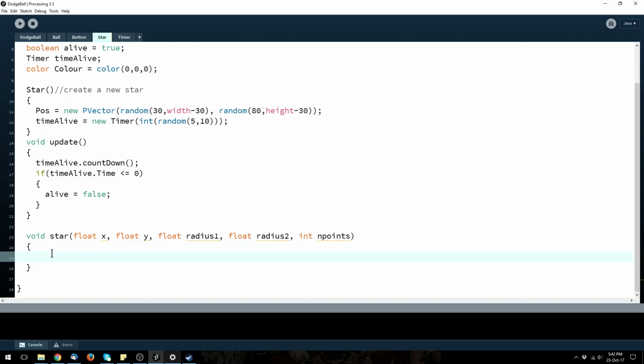Alright, so in here what we need to figure out is we need to remember how many angles there are in a circle. So pi is half of a circle, so 2 pi is a whole circle, and we need to get the angles to line up the points. So if we say we want 5 points, we need to divide by 5 and get that amount of angle. So we're going to create a temporary variable called float angle, and we're going to make it equal to